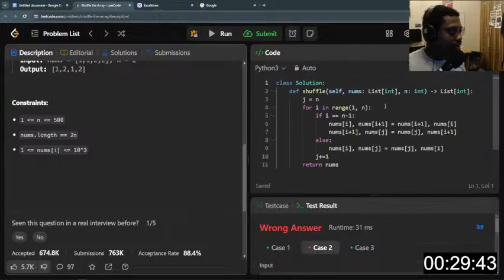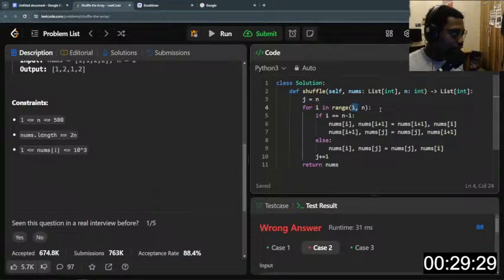I actually did something before. Let me look at my solution and see what I did wrong. So I said j equal to n. All right, good. For i in range of 1, so I'm starting from the first element. If i is equal to n minus 1, oh my god, what is this? nums i,